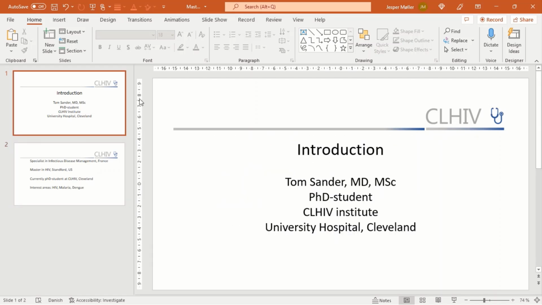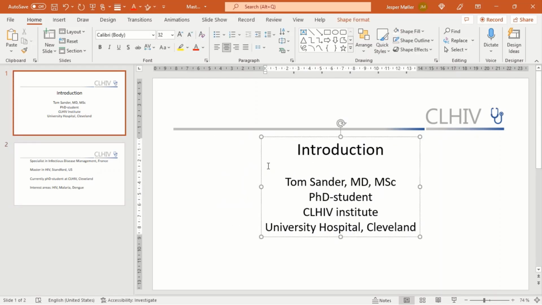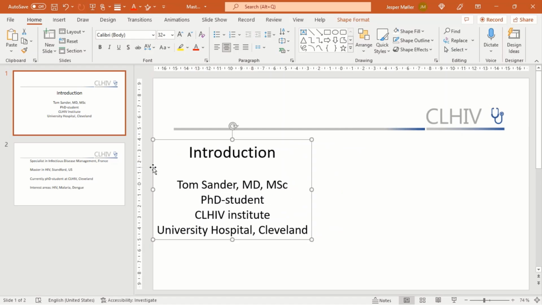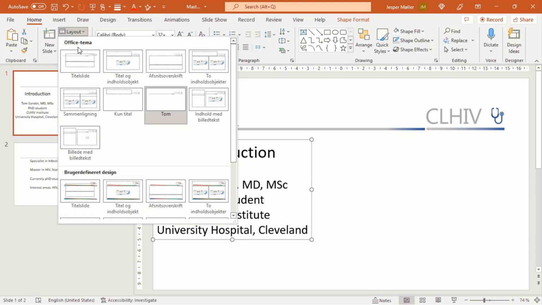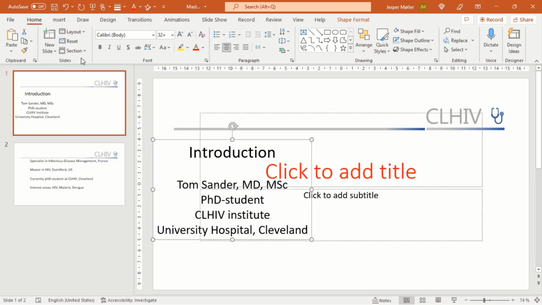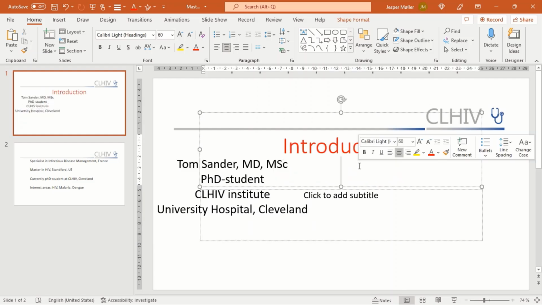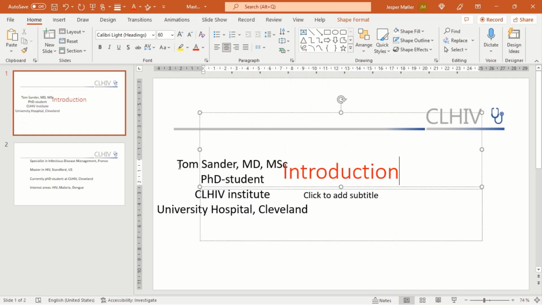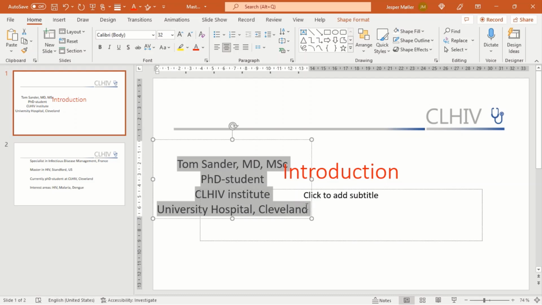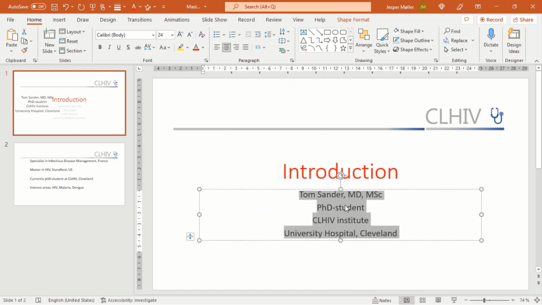If we take a look at the first one, this text box was on top. Let's see if we can integrate it even more into the slides. It's actually a front page. It's ready to fill in text. So I just copy this one or cut it or drag it here. The other information in the subtitle, like this.